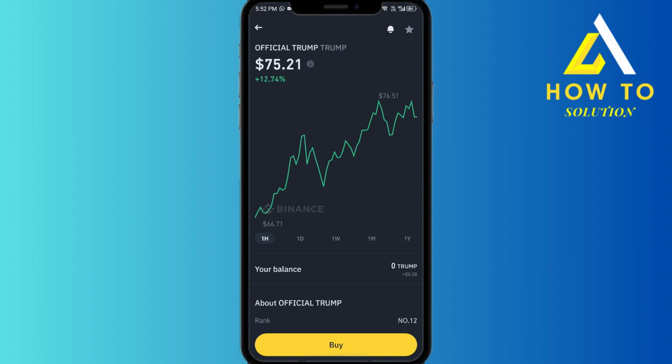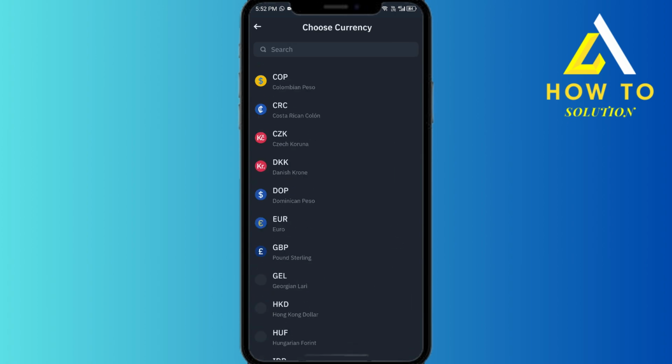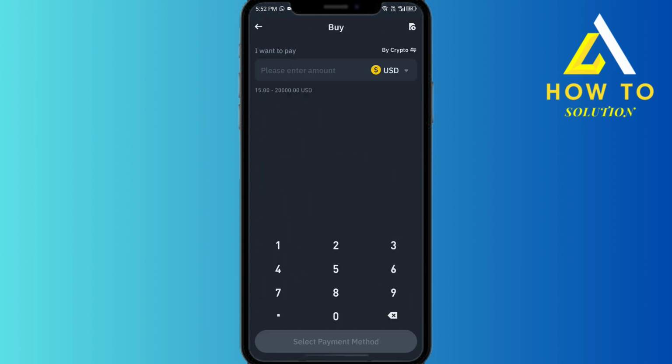So if you want to buy it, just hit on buy over here. Now you have to decide how you want to pay for it, if it's USD or you have any other currency that you prefer. So just put in your currency over here, and let's say that you want to buy 2 Trump coins or whatever the amount is. Let's say for 150, if you put in, they'll show you the estimated quantity, which is 1.99 amount of Trump coin,